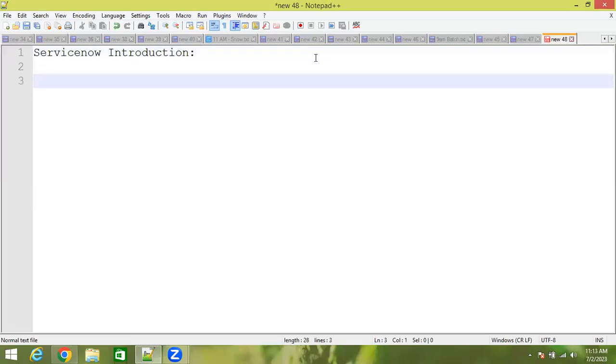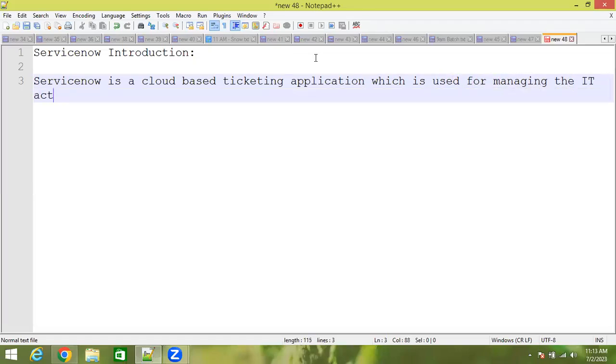How do you generally define a ServiceNow application? You might be seeing various applications in the market, but what is ServiceNow and what definition can you give for it? ServiceNow is a cloud-based ticketing application, which is used for managing the IT activities in the organization.